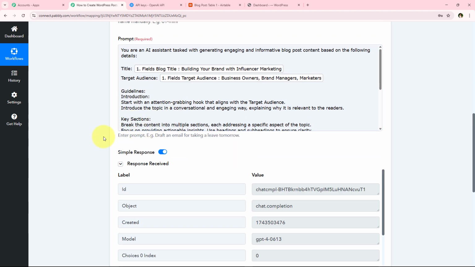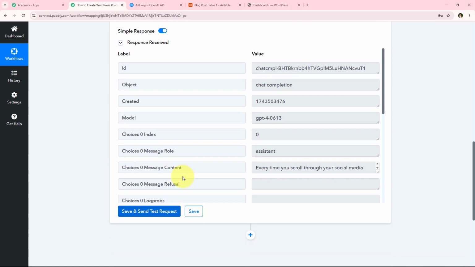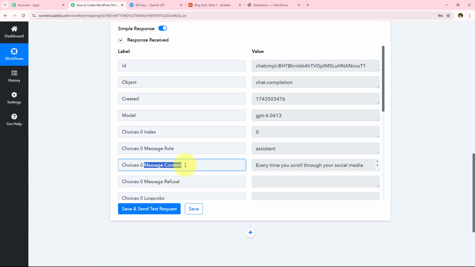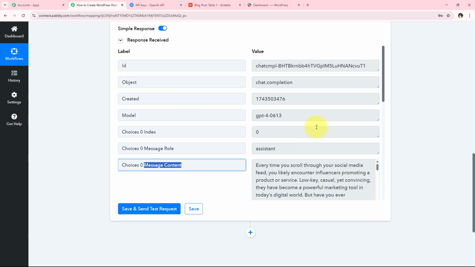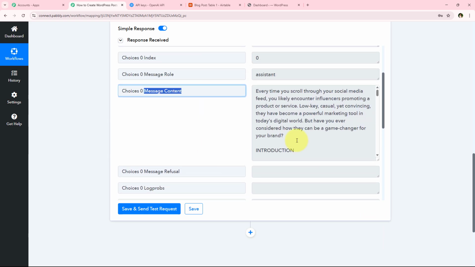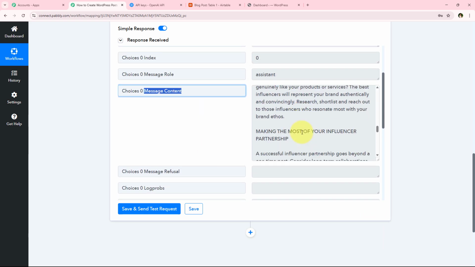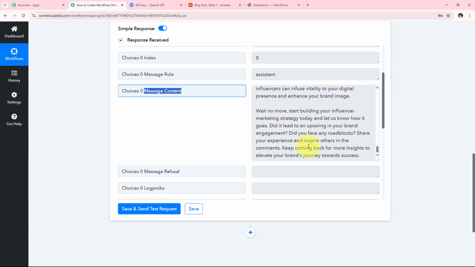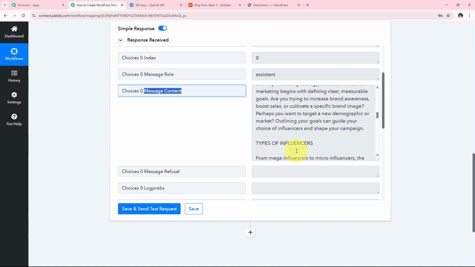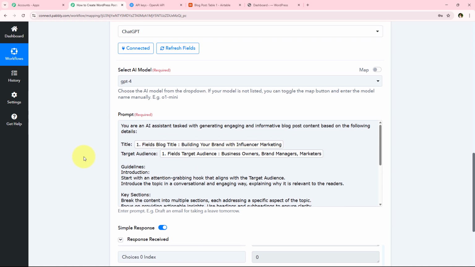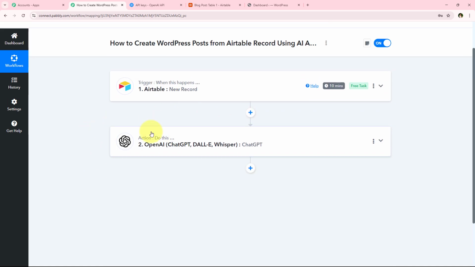And yes, over here you can see that the AI agent has successfully generated the blog post content. Over here you can see the message content, and over here you can see the content which my AI agent has generated. You can see that it is specifically according to my prompt. So yes, with this we have successfully completed this action step 2, and our AI agent has successfully generated the